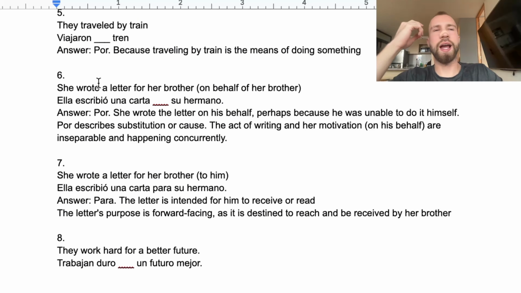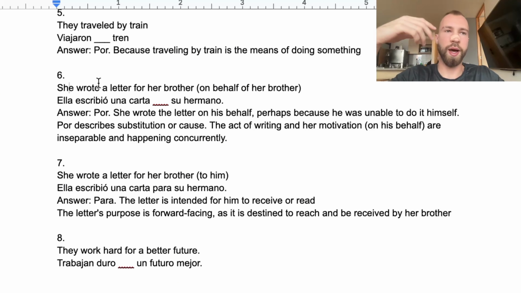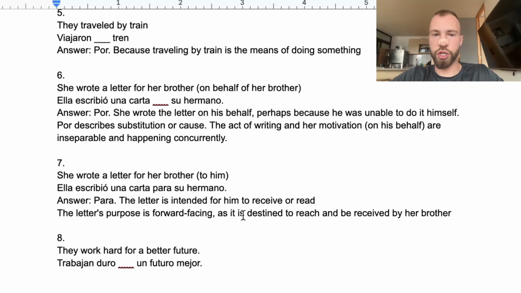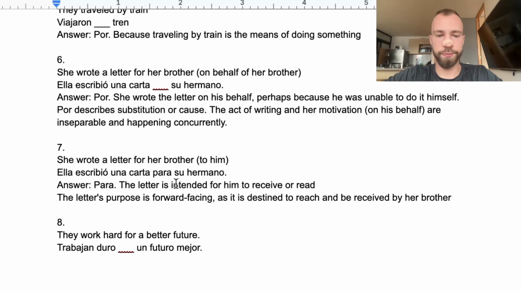And if you're thinking, how am I ever going to remember this? Like when I'm speaking, there's so much to think about, whether to say por or para. For me, the only way that worked was doing exercises like this, where I kind of have to fill in the blank of whether it's por or para, which I have a whole exercise in my program with a bunch of different examples. But if you can get your hands on examples that drill this in, then you won't have to think about it. It'll just come naturally. But at the beginning, of course, you need to understand why it's por and why it's para. But once you drill in enough examples, it'll just come naturally.